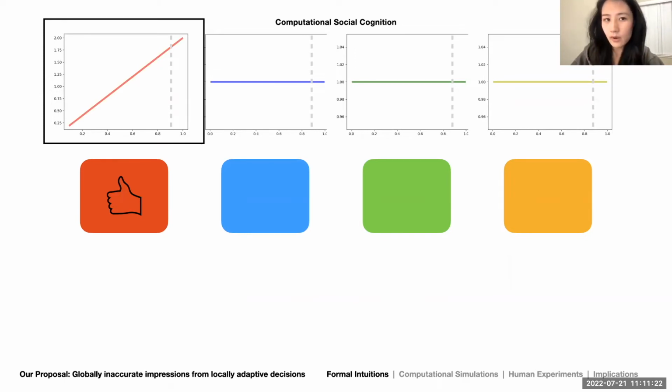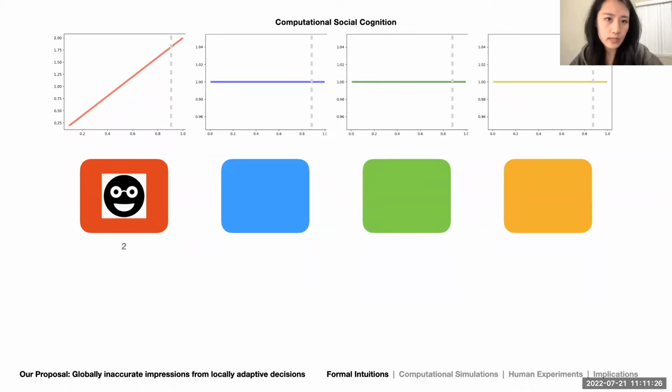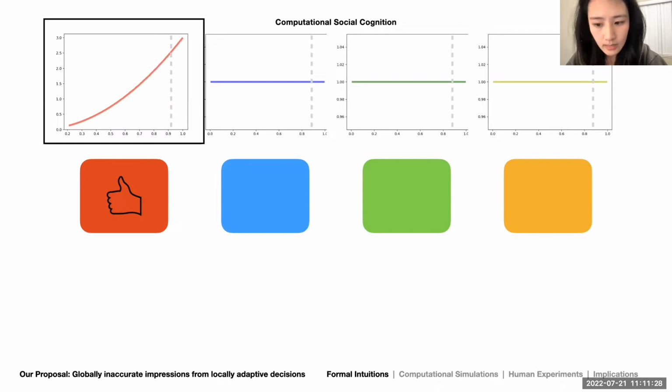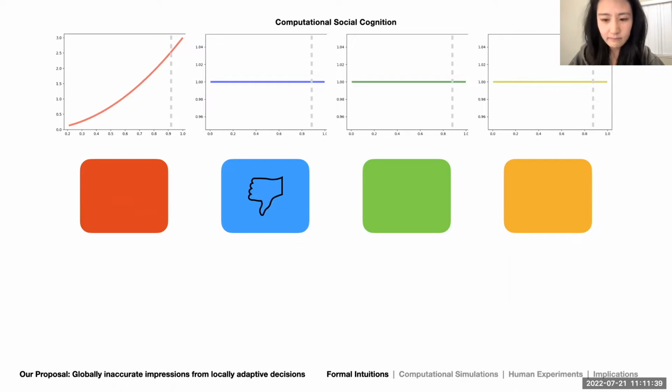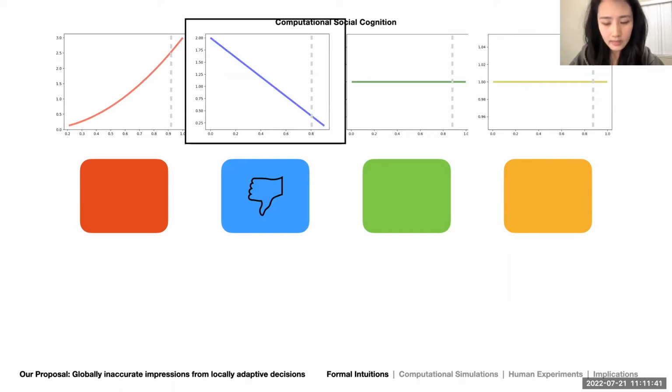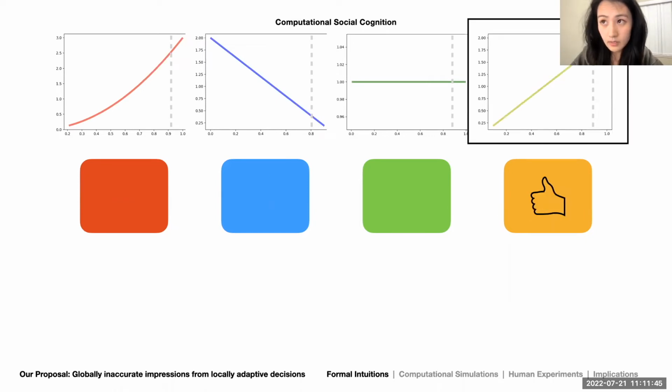All right, now maybe I want to ask a second time because I had a successful experience last time. How about we do that again? Thumbs up. Awesome. Update my impression. But because I'm not particularly biased toward red, I may just want to switch to some other group. How about let's try blue? Thumbs down. That's too bad. Maybe you want to change to yellow. Let's try that. Thumbs up. Awesome. Try again.